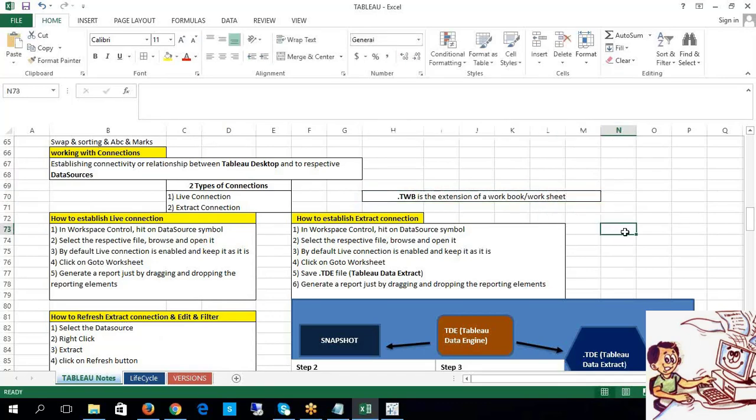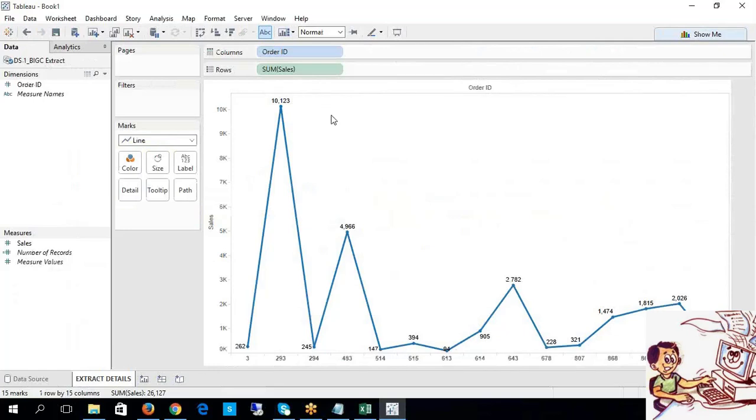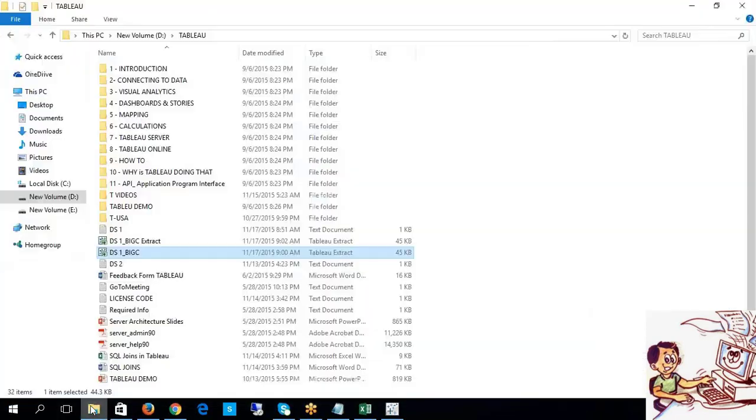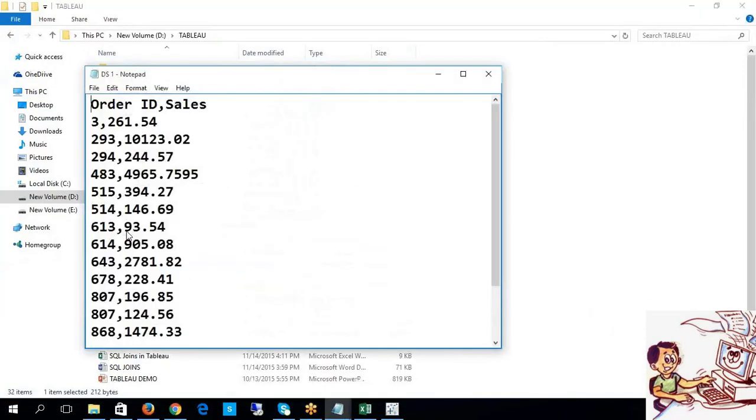Fine. Now, at this moment, what happened? My report is dependent on the data extract file. Imagine that I have some changes to perform to my source file. You have the data source file, like DS1.